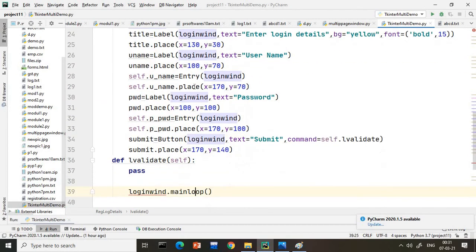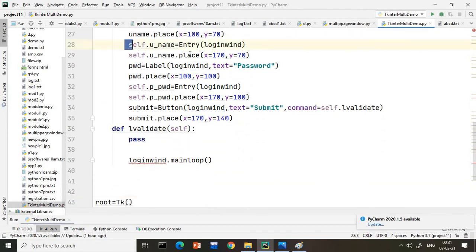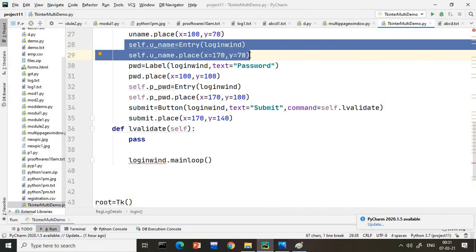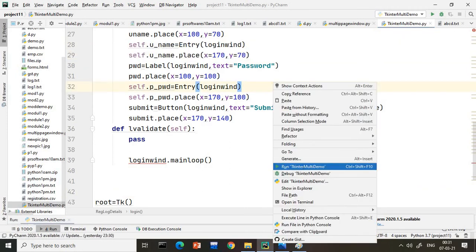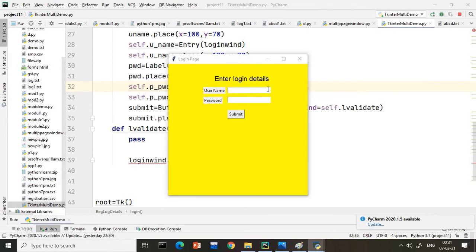Now the very important thing, sir, whatever names are there, when I enter into this box, I will show it. Suppose I enter my name as Prem and password as PR Softwares. Okay, PR Softwares, when I submit, right now nothing is happening.